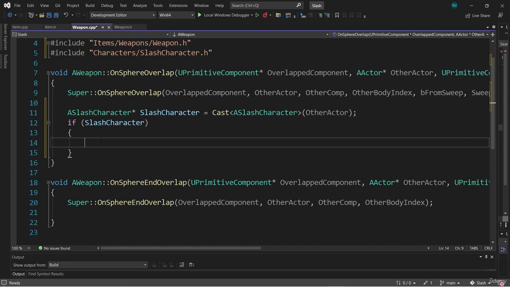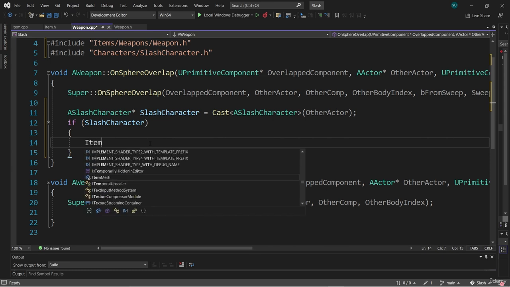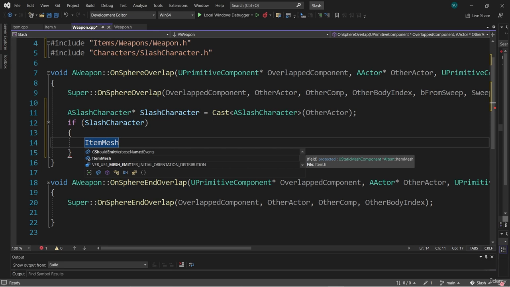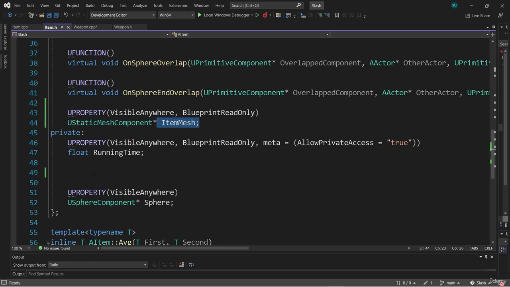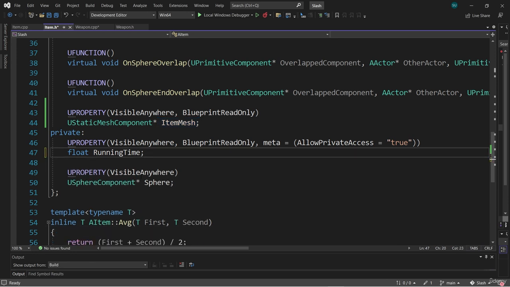And now we can go to work attaching our item mesh on the weapon to the skeletal mesh on the /character. Now remember that function attach component to component. It belongs to the scene component class. And we used our item mesh. We'll do the same thing here. We're going to take item mesh, and we can access it here in weapon because we moved it to the protected section in item.h. If we hadn't done that, if we had left it in private, we wouldn't be able